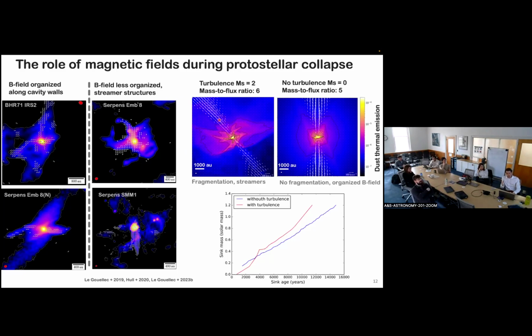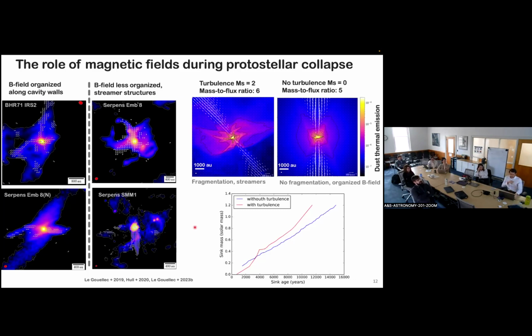In the turbulent collapse, it's more disorganized, and the accretion rate is higher at early times for the sink particle at the center. This suggests that to understand accretion and disk formation at this stage, we need to map the initial conditions of core collapse,